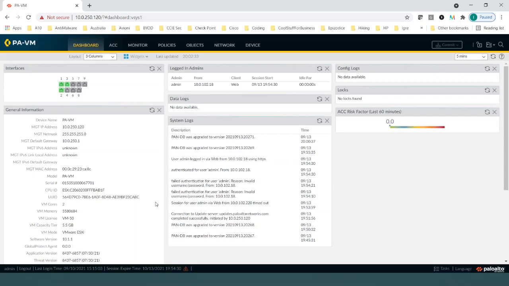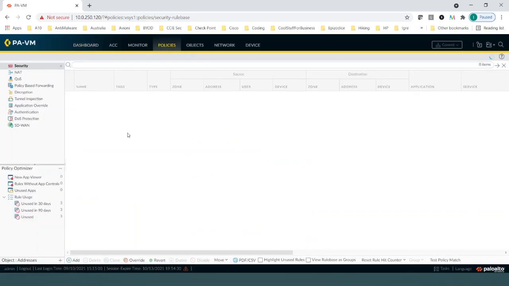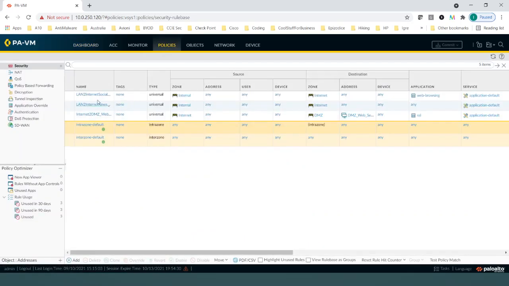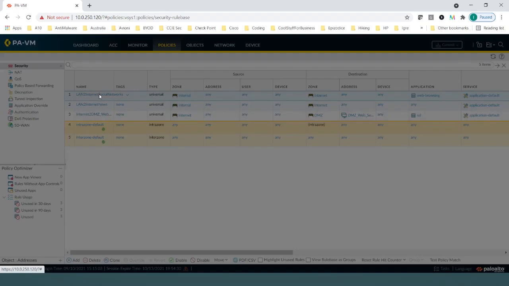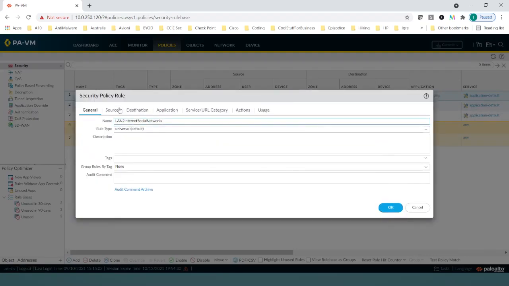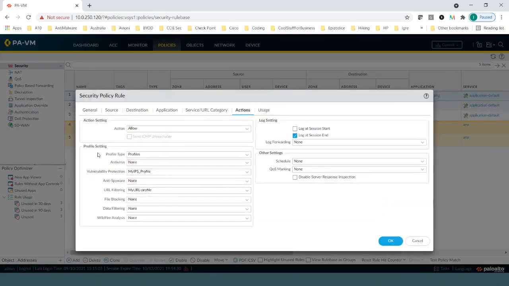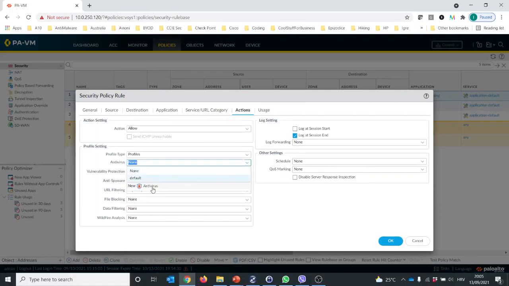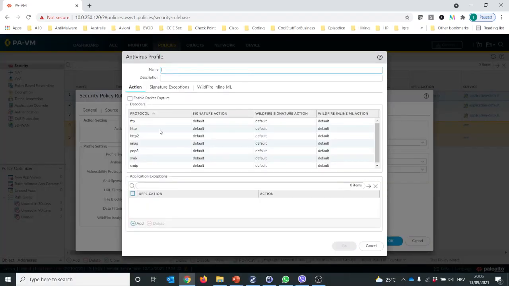In order to configure the anti-malware features on a Palo Alto Networks next generation firewall, go to the security policy and then choose the desired rule, like the one here, and just apply an action. And in the profile settings, choose the desired profile. So just, for example, the antivirus. So you can choose and create a new antivirus profile,